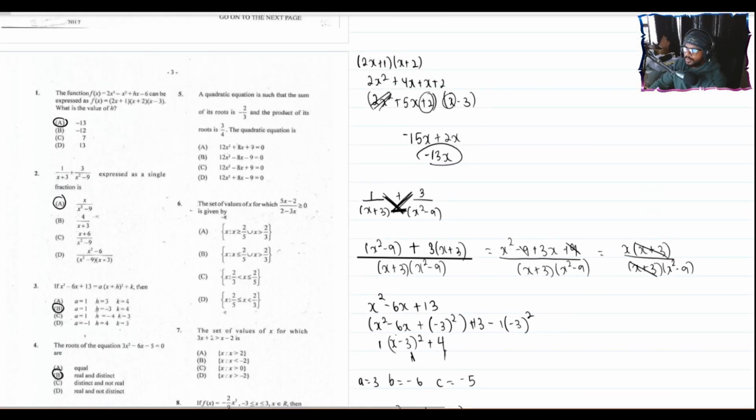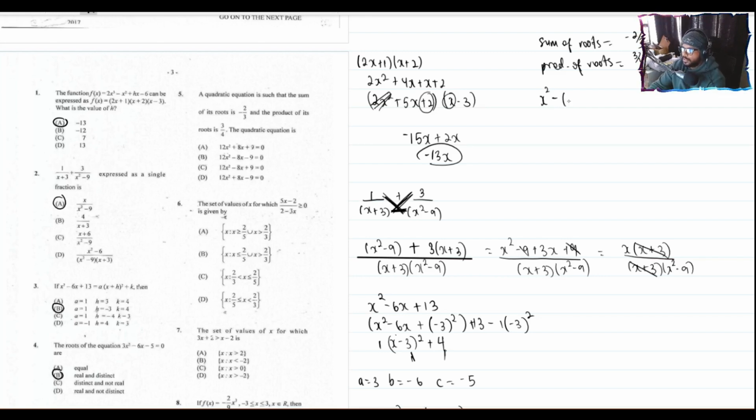A quadratic equation is such that the sum of its roots is minus 2 over 3, and the product of its roots is 3/4. The quadratic equation is... So I know that the sum of roots is minus 2/3. The product of roots is 3/4. The equation that can give me the quadratic in terms of the sum and the product of roots